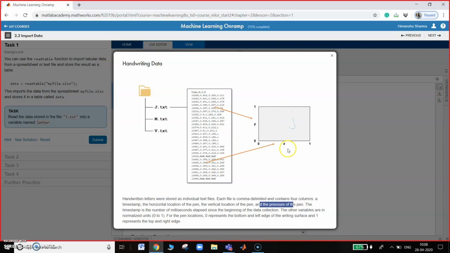It is showing that for the pen locations, 0 represents the bottom and left edge of the writing surface. Similarly, 1 represents top and right edge.